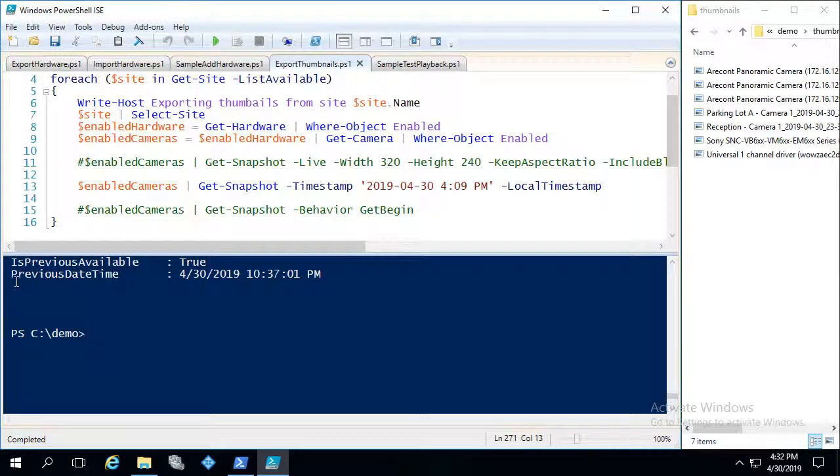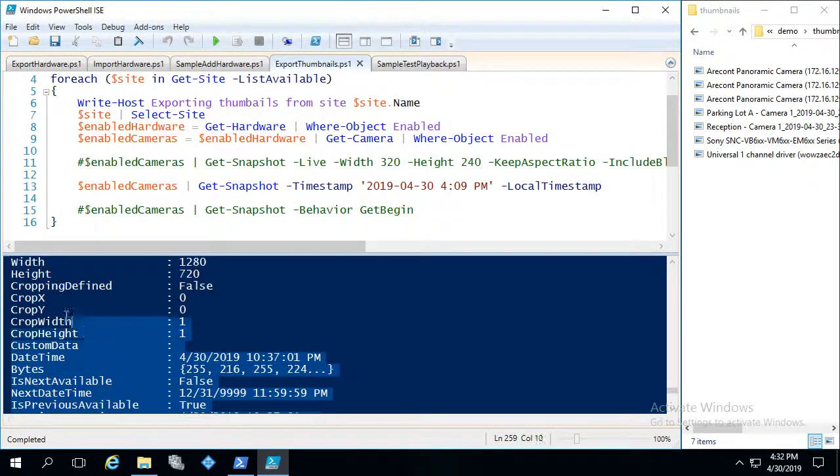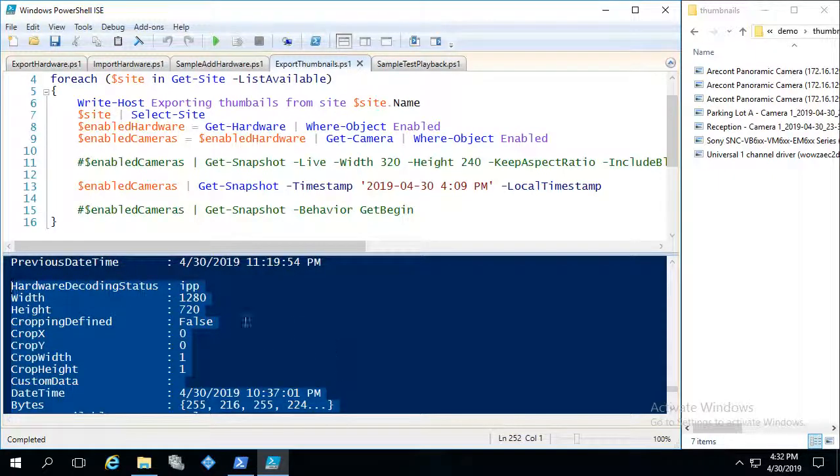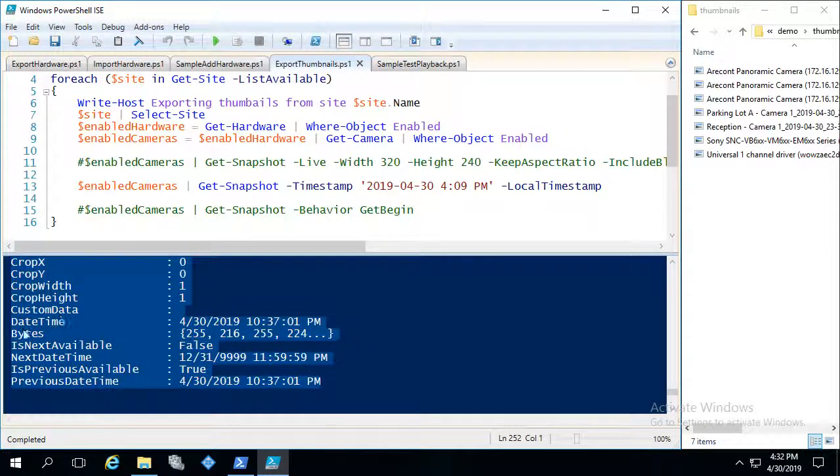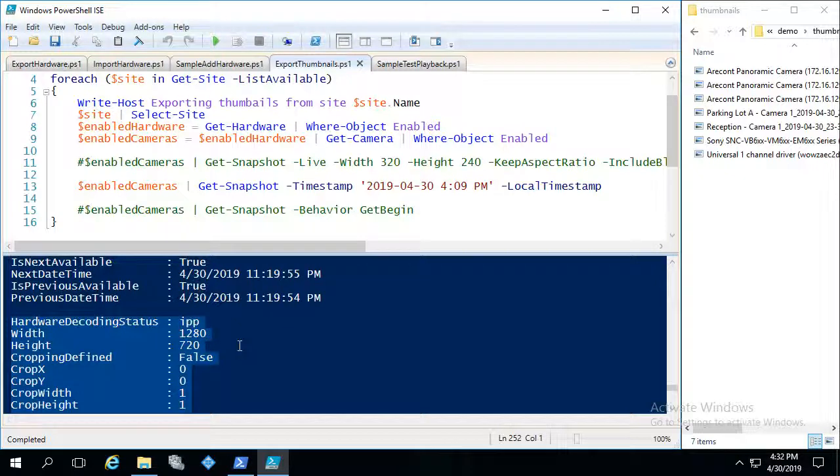And let's just take a look at one of the exported JPEGs here in the console. So this is the information that's supplied by the SDK. So we can see the hardware decoding status, the width and height, whether the image has been cropped. The date time property tells us the exact timestamp in UTC of the image. We have access to the raw bytes of the JPEG. And yeah, so this could be useful if you just want to verify that your recordings are the right resolution,